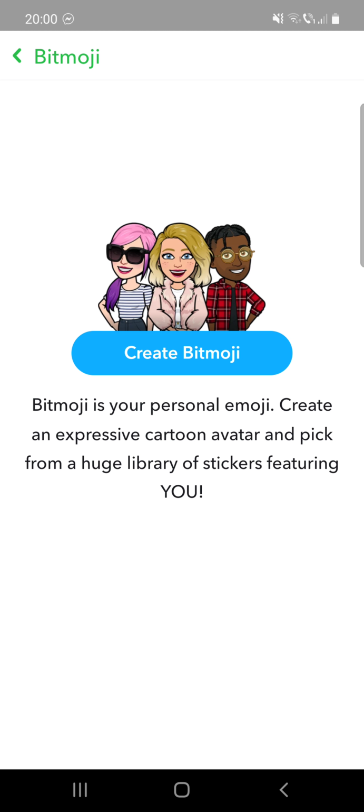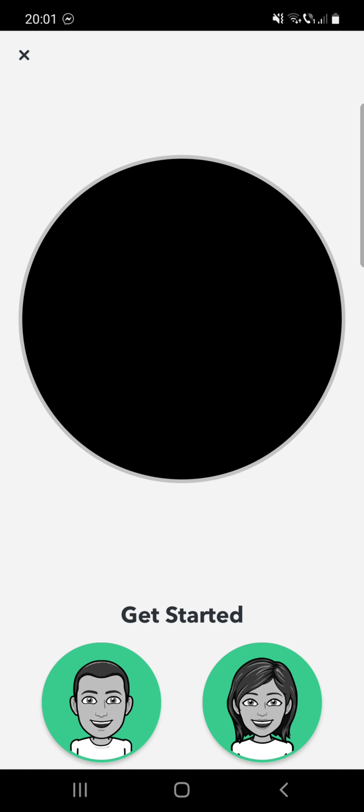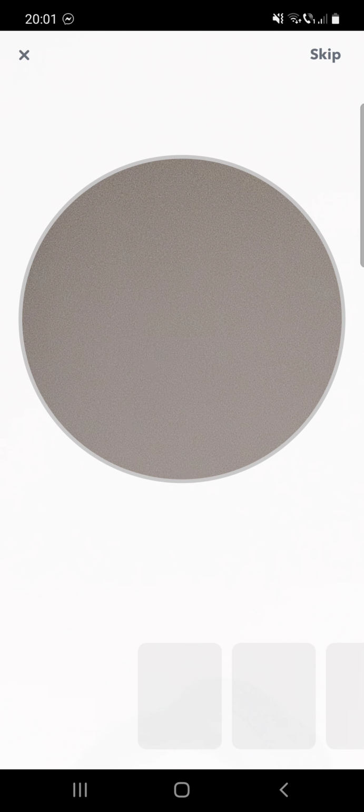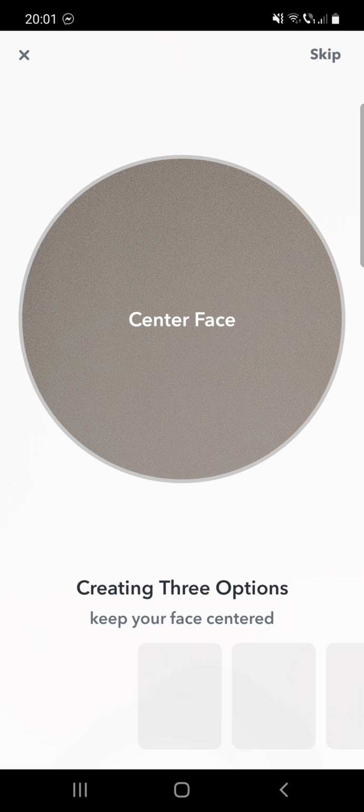and here you can create your Bitmoji, which is a personal emoji, and it says to create an expressive cartoon avatar and pick from a huge library of stickers featuring you. So you have to click on that, select whether you are a boy or a girl, and create three options. Keep your face centered, and here you will have the three options,